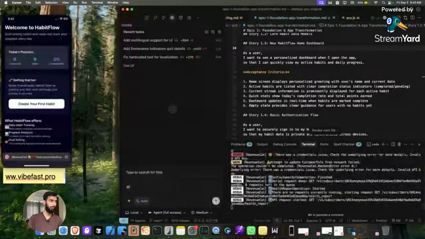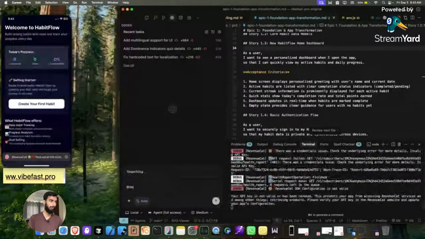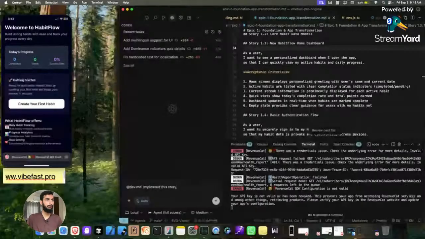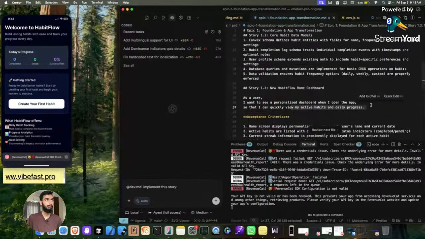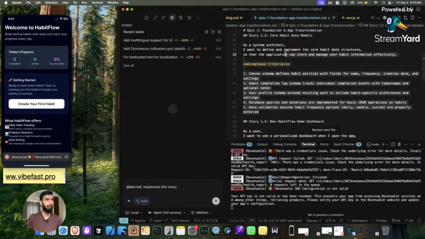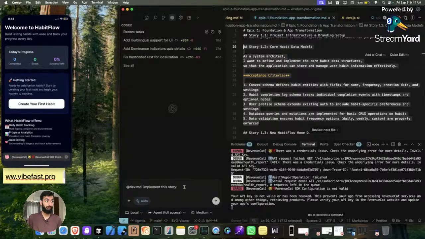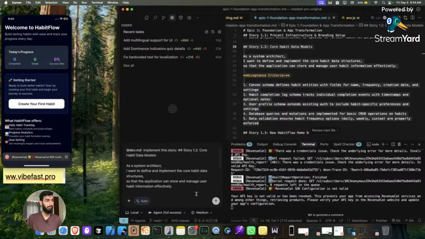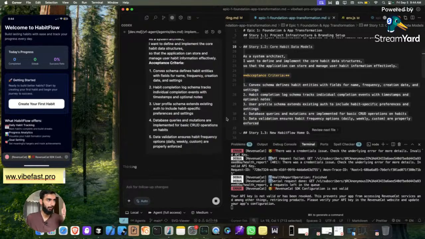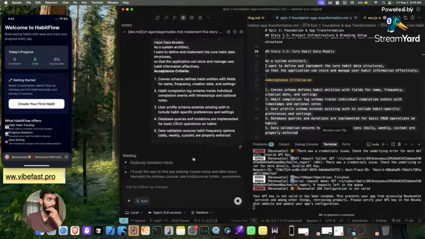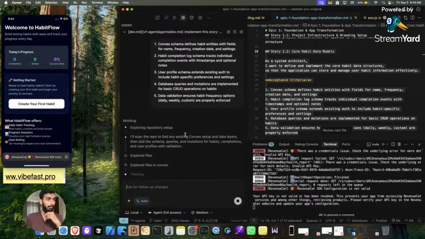Developer, implement this story, please. Oh, this from here. I'm gonna copy this. I'm gonna see if this is actually good, and if it goes over all the docs that it's supposed to go over. Scan the repo for the